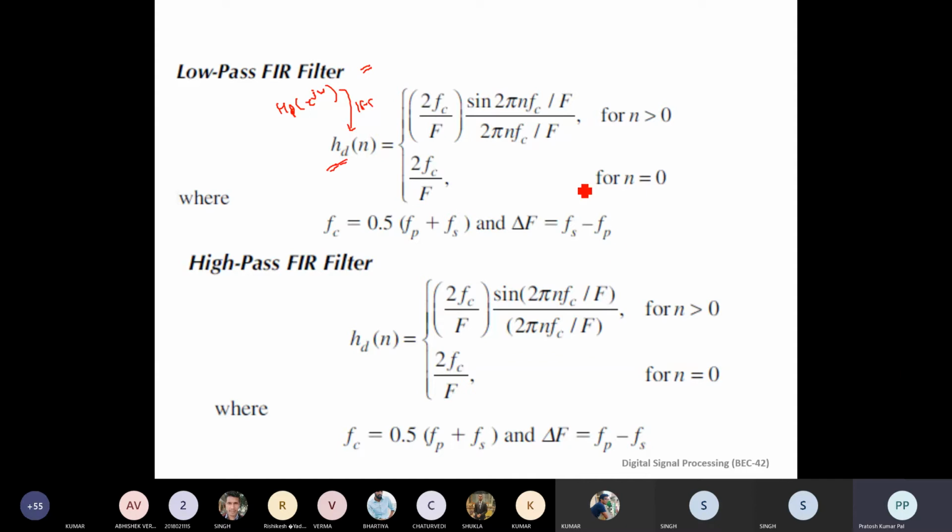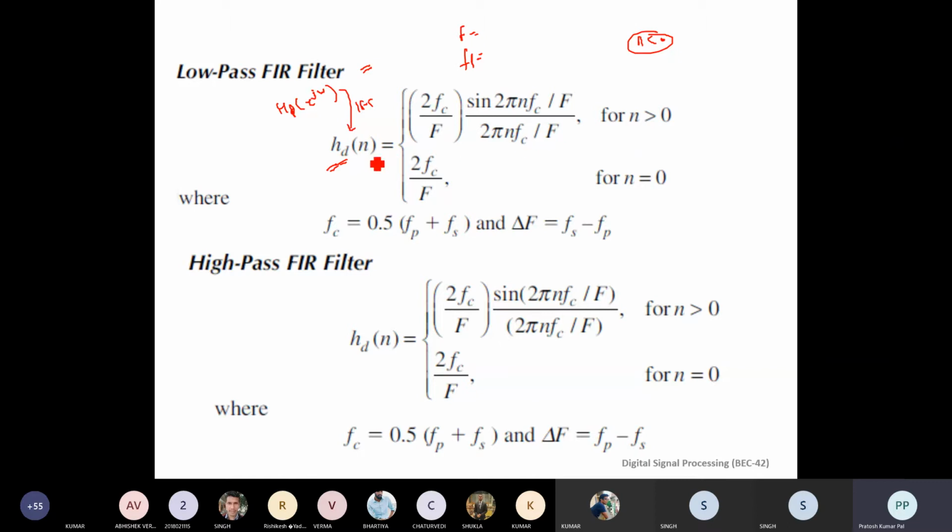So in that, once we have found out all the different values by putting in different values, fc, okay, fc is the cutoff frequency in case of a low pass filter, so fp will be considered as the fc, that is the cutoff frequency. Okay, and f is your sampling frequency, and this will be the expression. So for n greater than 0, this will be the expression. Okay, and similarly it will be the same for n less than 0 also. Okay, because it is of symmetrical nature, so it will be the same function.